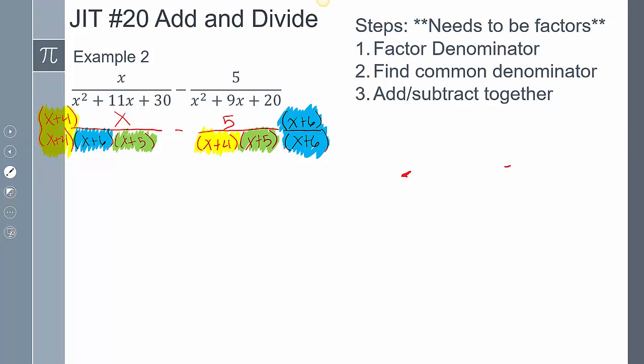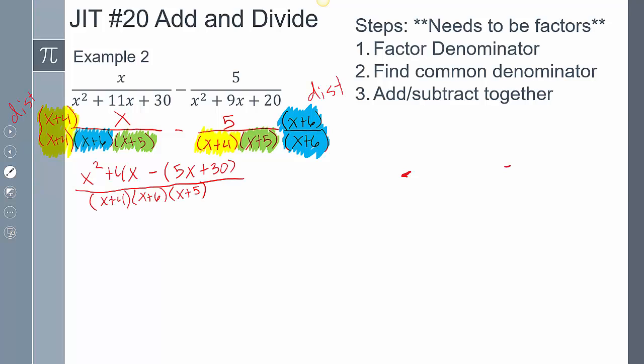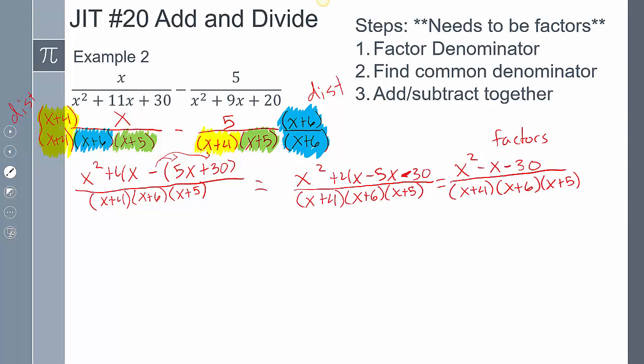Now that they're all the same, okay, now I can distribute this. X times x, x times 4, 5 times x, 5 times 6. Now notice it's minus all of that, so that's why I left it in parentheses. Then distributing that through, combining like terms, and this is one of those scenarios we've got to check. Does something cancel out? So if I factor that,